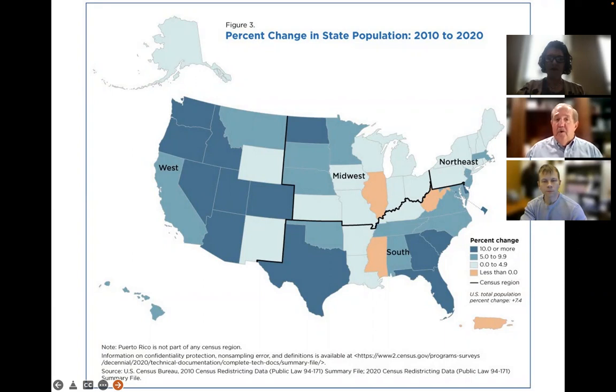We did grow faster than our neighbor to the north, Kansas, as you see here. However, we did not grow quite so fast as Texas. You see the larger population percentage growth tended to occur in the west and the southeast, as well as Texas. Those 3 states that are tan are actually states which declined in population. I believe that is Mississippi, Illinois, and West Virginia. Next slide, please.